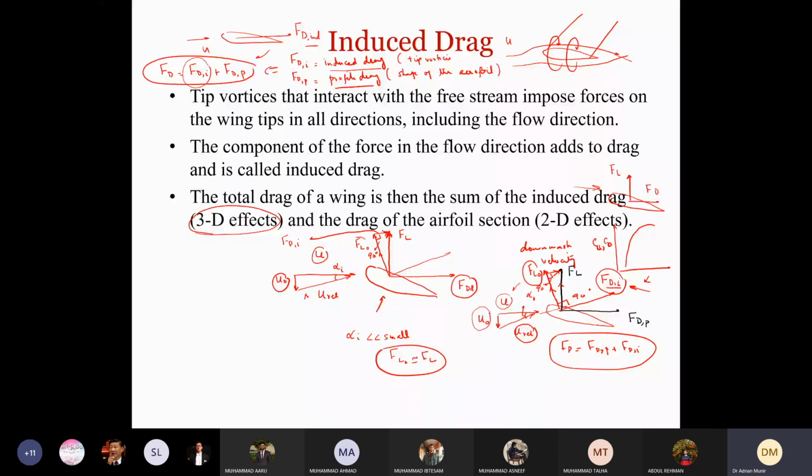Because of this downwash velocity we have an additional component in the direction of drag, that is called induced drag. And because of this induced drag, the total drag will be profile drag plus induced drag. The lift and drag forces that we combine in polar diagrams, that is the combination. The CD, this FD, is based on this equation that contains induced drag also and profile drag also included in that polar diagram. Okay, is it clear now?